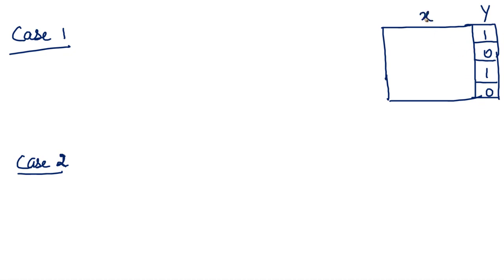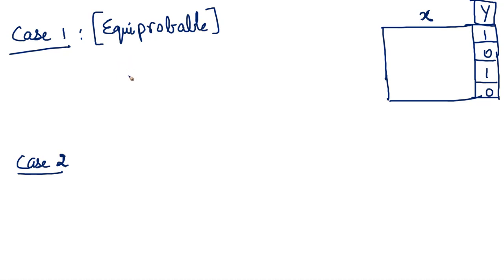You might have a lot of x variables. We don't bother about it right now. All we are concerned with is we want to calculate the Gini impurity of this y variable. How to calculate that? Simply apply it in the formula that we just saw. All right, so case 1 is the ones and zeros, the two different categories are equiprobable. The same concept would apply no matter how many categories you have.